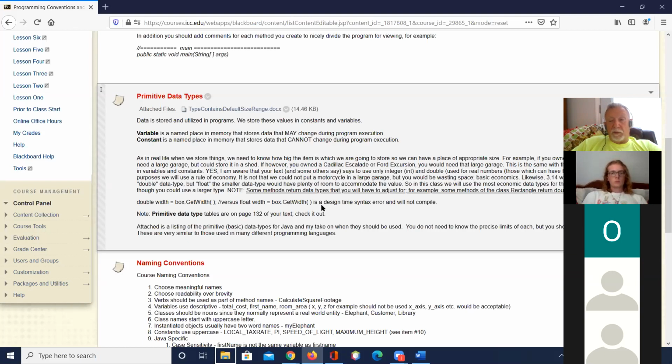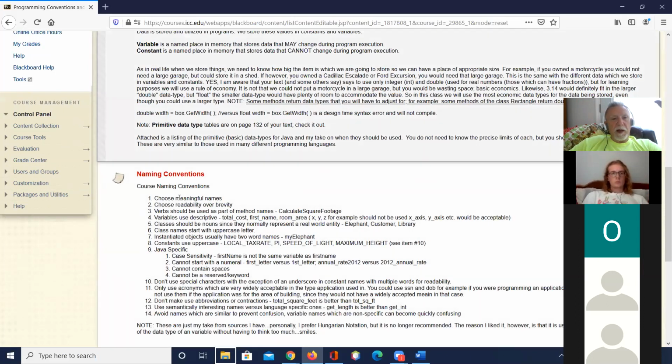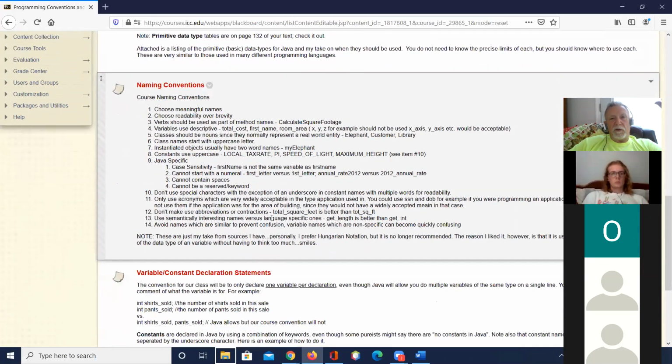Because it'll either be it equals it or it doesn't equal it. Is the door open or shut? That's a Boolean. Male or female could be Boolean, because if it says, are you a male? True or false? So instead of typing in female or male, you could reduce it down to a yes, no, true, false, which takes up very little space. Naming conventions, I'm going to hit you with those.